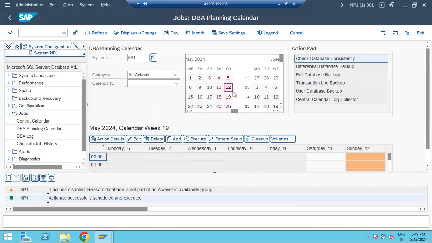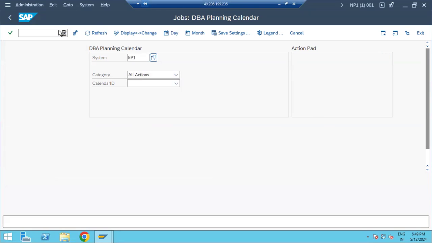So any database related jobs, we can manage from here. It means the jobs will be created automatically here. That is the DB related jobs, we can manage from here, right? So that is the actions planning. Any jobs, database or SAP level jobs, we know